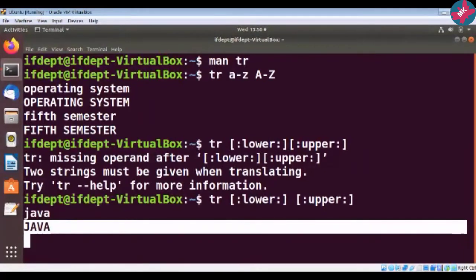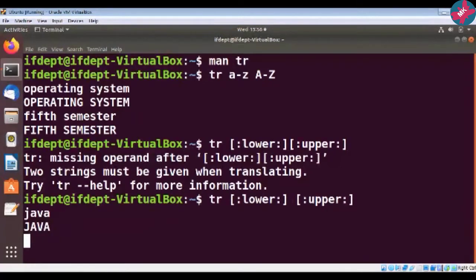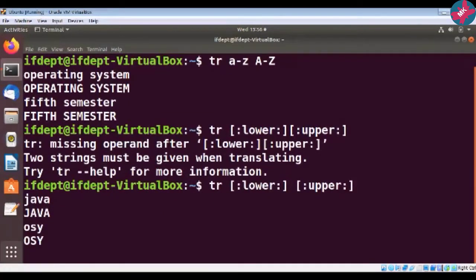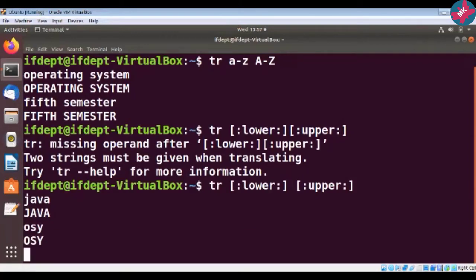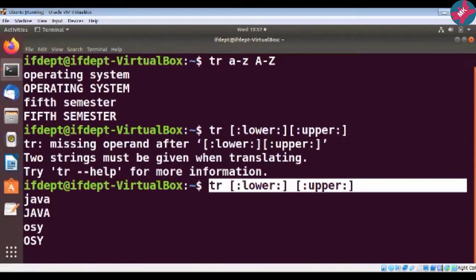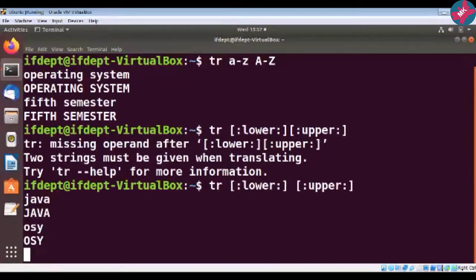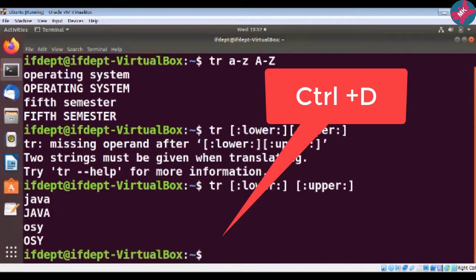So this is also one more way to convert lowercase into uppercase. Now let us take one more example. Suppose I write here OSY. Press enter. Here it will give me OSY in caps. So this is the second way to convert lowercase to uppercase. Now how to come outside this? Press Ctrl D.